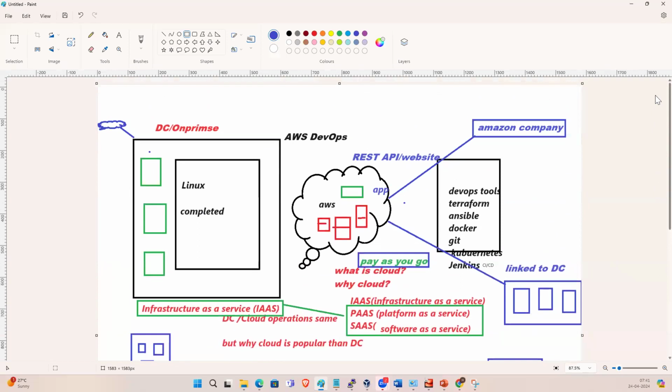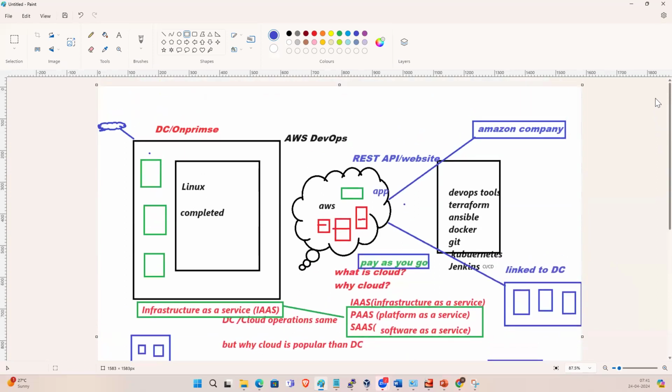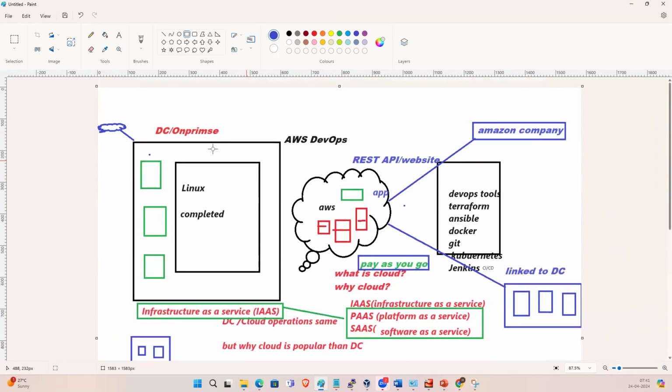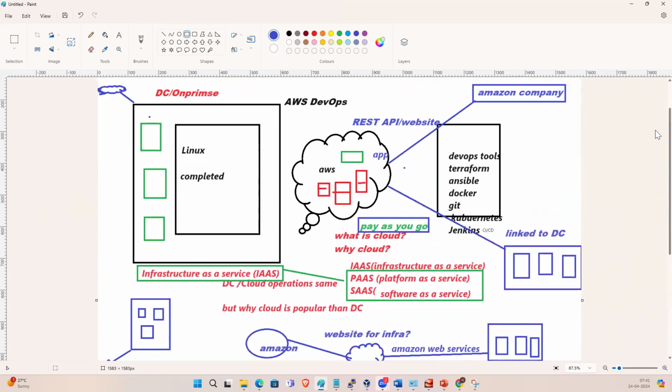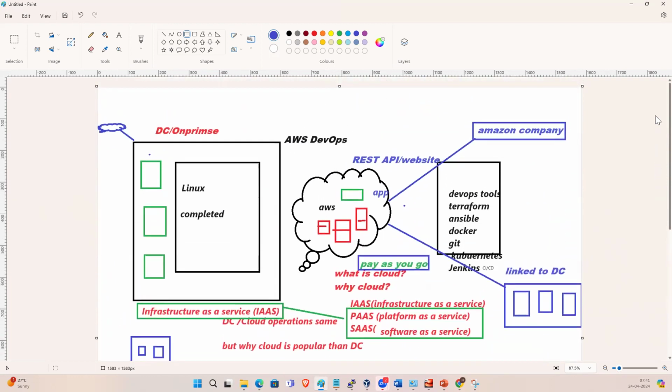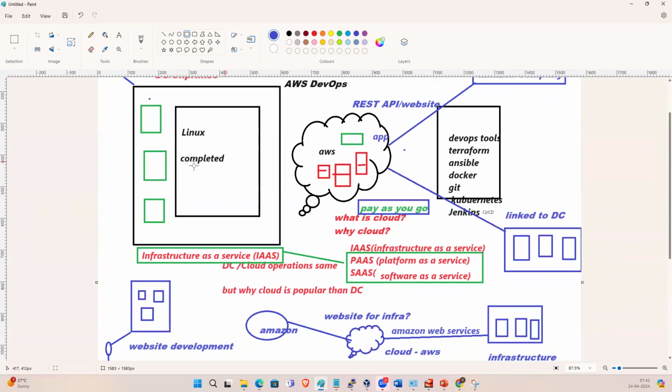Yes, sir. So it is very easy, guys. AWS, the cloud, is not difficult because of the DC, the data center. The operations performed in the data center are the same operations performed on AWS. But in the DC, we perform the operations manually, so we have a website for doing all the operations. The website is nothing but a cloud API. Now you guys understood?